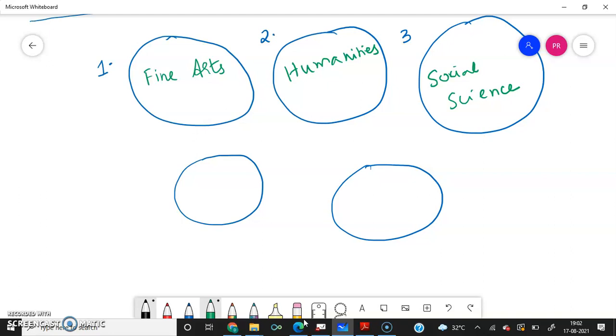First, we will include our education, then anthropology, archaeology, area studies, cultural studies, ethics. Ethics also comes under our education only. Ethics studies, then economics, gender and sexuality studies, geography, political science. And nowadays, geography is included in science also. You can see MSc, Master of Science in Geography, right? So how you go about studying it makes the difference. Political science, psychology. Psychology also, sometimes we call it science, right? There are certain branches of psychology that are purely science, sociology, etc.